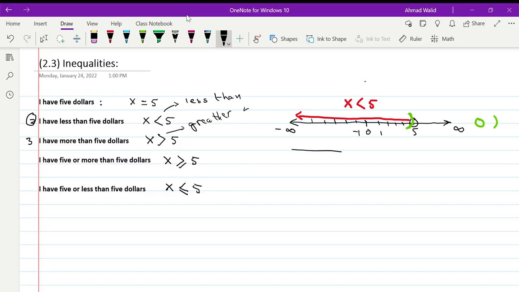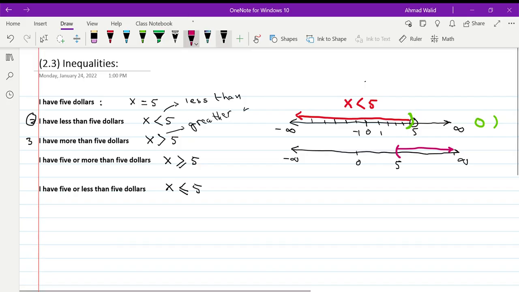If I draw my number line again, negative infinity, infinity, here for example 0, here for example 5, more than $5. I will draw a parenthesis at 5, and more than 5 is of course the right side. Up to where? Up to infinity. Correct? Sentence number 4, if I translate it on the number line,